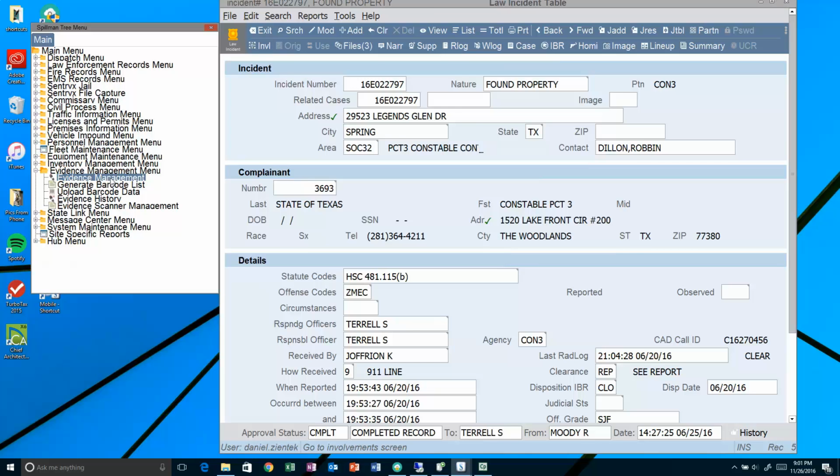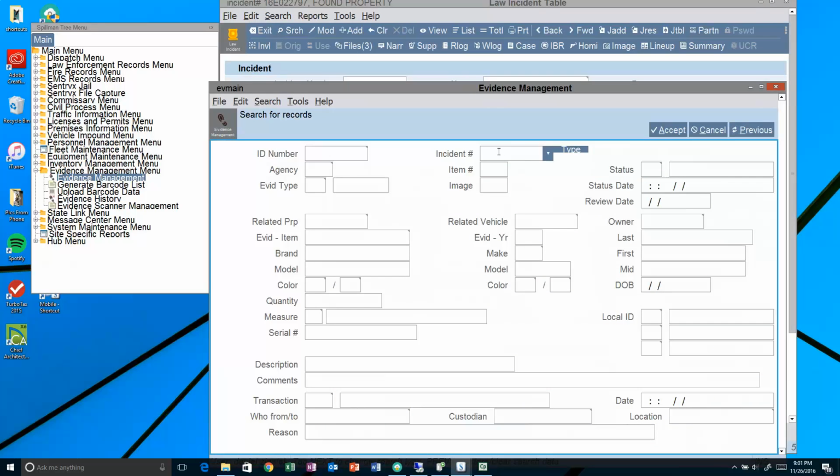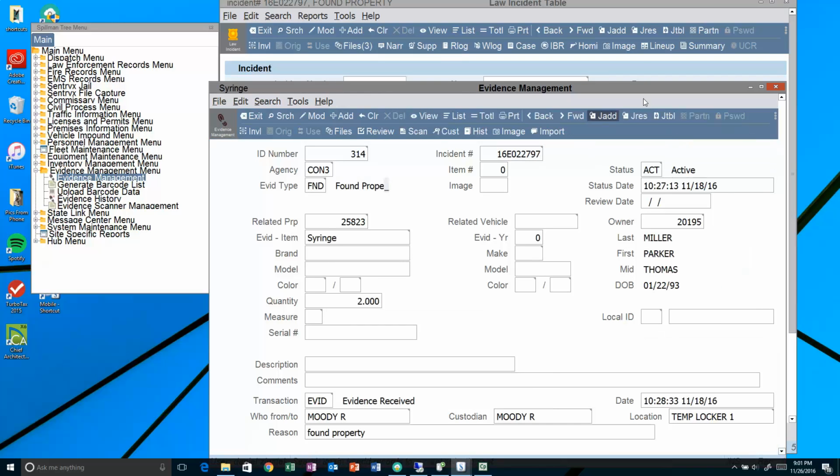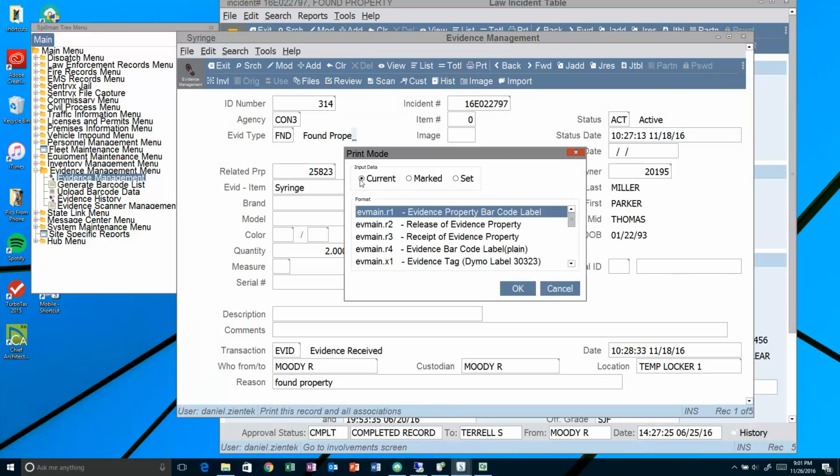If I click under evidence management and I go to the incident number and I type my case number, and click accept, just like any search that we do in Spillman, it shows us the first record. This is only one record, but when I hit total, there are now 5 pieces of evidence located in this case. If I want to print all the labels for them, I click on print, and notice it says current. Current means it's only going to print this first record, the one I'm viewing right now. But if I click on set,